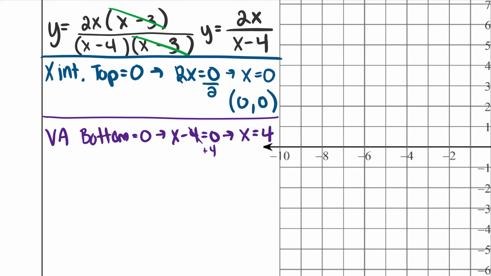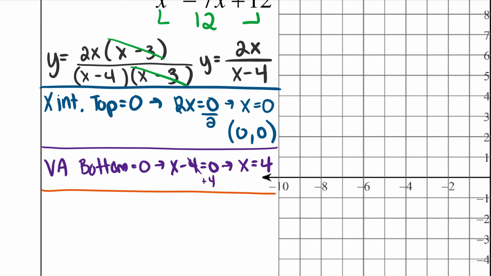So that would be my answer, x equals 4. All right, next one. I have to determine if I have a slant or a horizontal asymptote. So remember, if I look at my degrees, my top and bottom degrees are my highest exponents. They're either going to be the same or one of them is bigger than the other. So if I look at these,